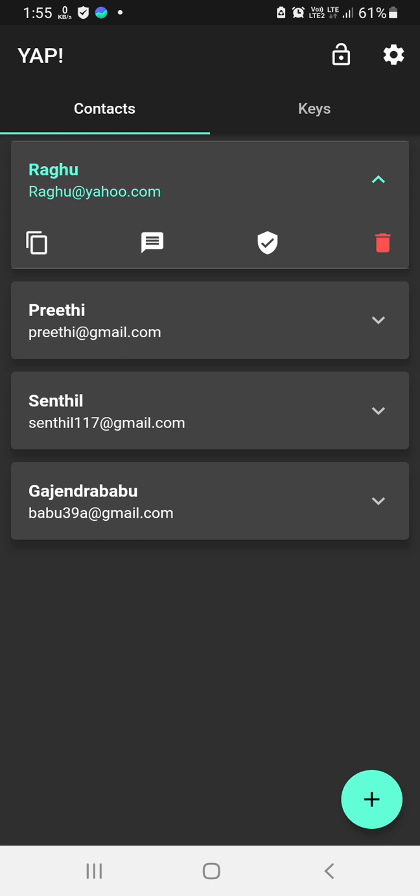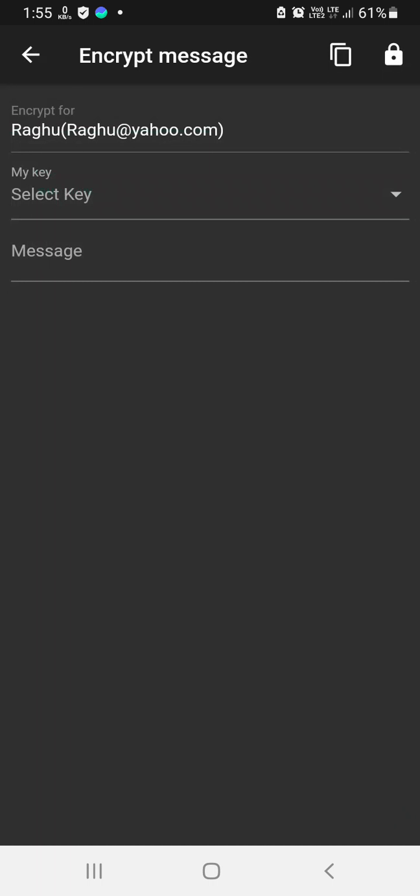In order to send, there is a second icon, you can see a text, the second icon from left. Contact, and then the second icon from left, select it. Now select key.